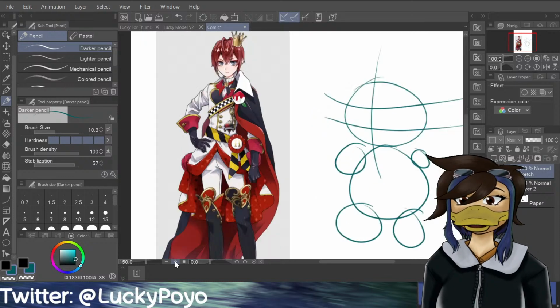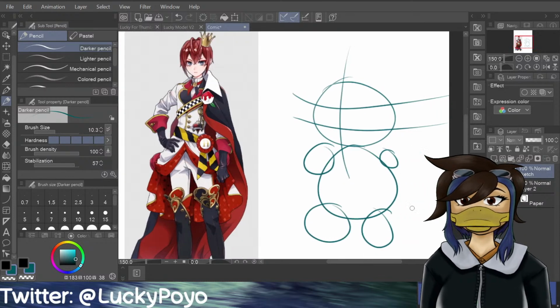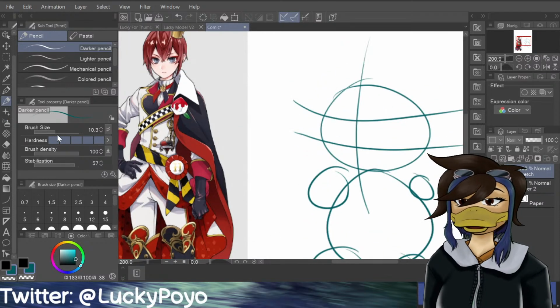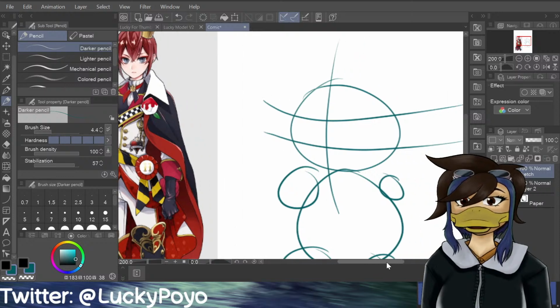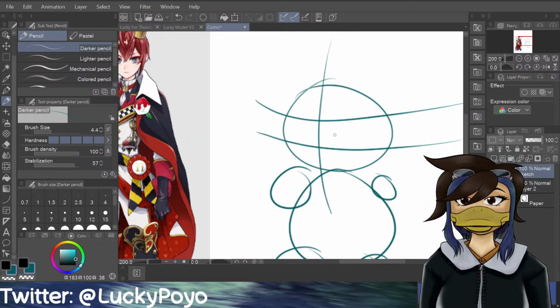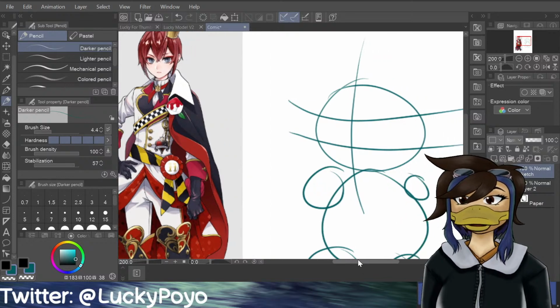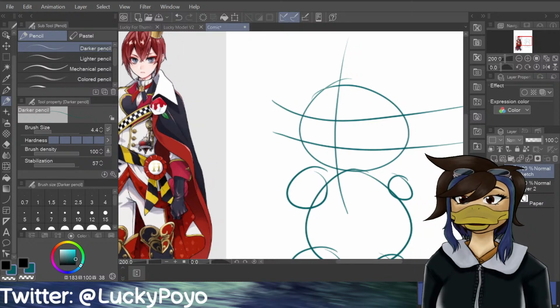Okay, alright. So now for actual sketching. I'm gonna turn down that. And then... So his eyes are a little bit stiff as far as the lash line goes. And his eyebrows are very thin. So I think what I'm gonna do, and he has kind of not quite a point for his chin, so I think I'm gonna go ahead and